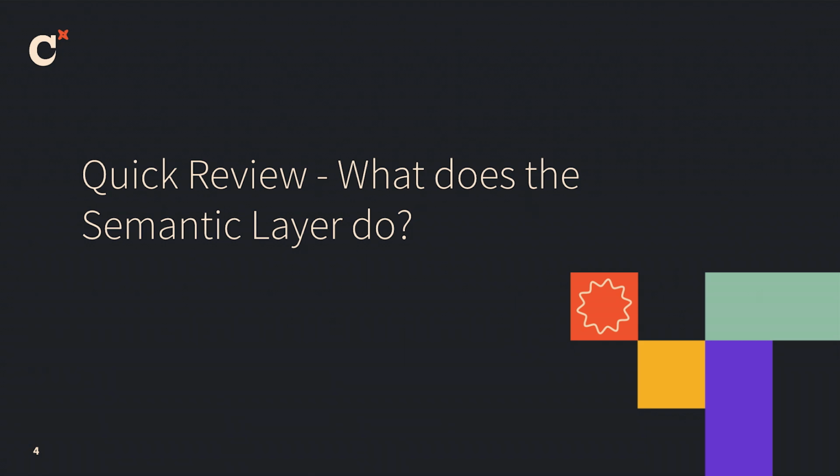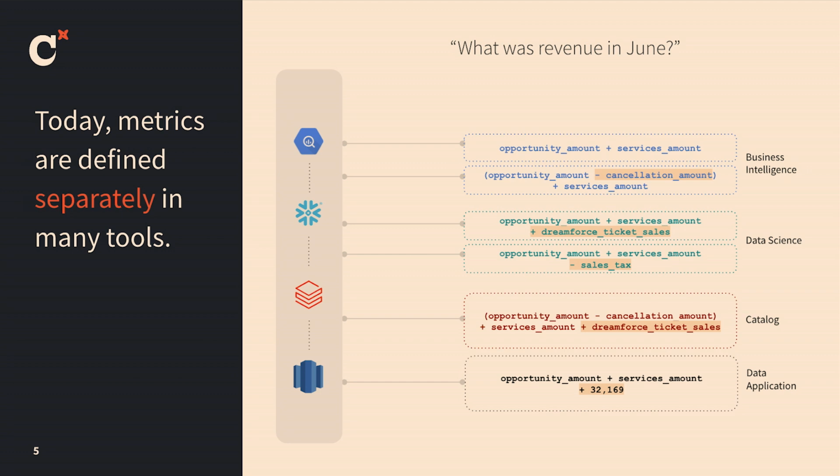First, we're going to do a quick review. What does the semantic layer do? What we typically see at companies that don't have a semantic layer is metrics defined separately in many different tools. So when someone asks a simple question, like what is revenue in June, it's difficult to get a straight answer, since the definition for this metric is scattered throughout various consumption layers and isn't defined in the same way. This leads to a loss of trust in the data team and lots of toil trying to unwind where this